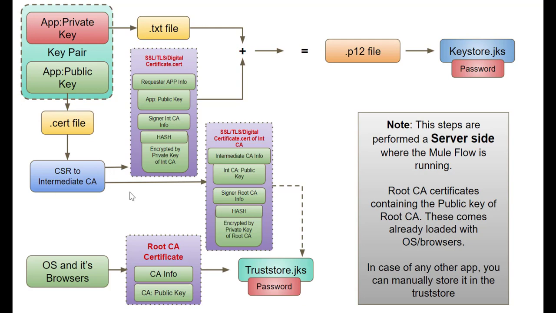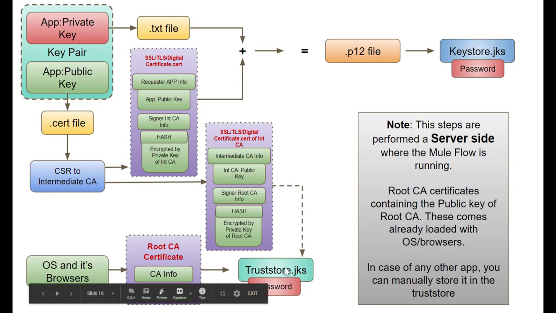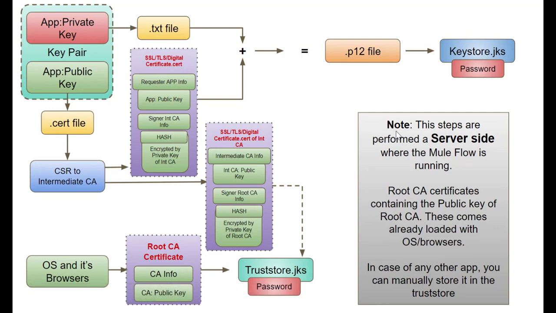So in case you have an intermediate certificate authority, that needs to be added to the trust store. The root CA automatically comes with the OS and the browser, so most of the time we don't need to install the root CA. And the key store will have the digital certificate of the server of the actual application from where the CSR was raised, and the private key of that server. We have to remember that we never ever share the private key of the application, the server or the client with anyone. The private key is kept with that particular application only.